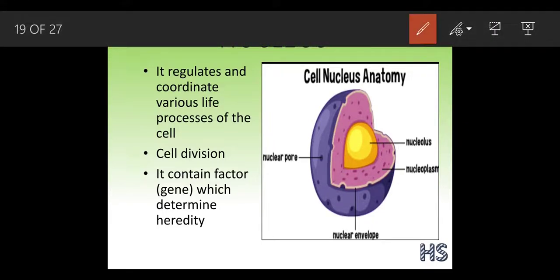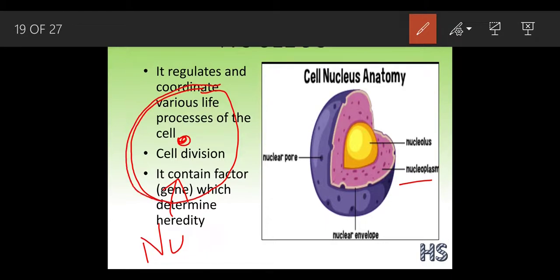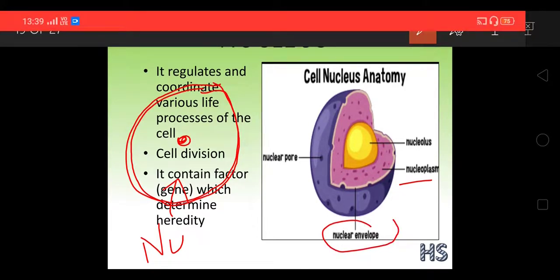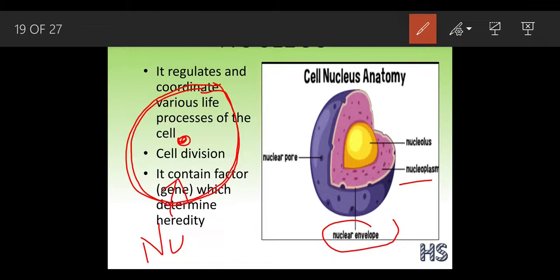If you look at the structure of a proper nucleus, suppose I zoom in on this nucleus, there would be one more nucleus inside, which we call the nucleolus. The space present inside the nucleus is called nucleoplasm. We have studied this part. This is the nucleolus. There is an outer cover which helps the nucleus get protected. It's called the nuclear envelope, or we can also call it the nuclear membrane.